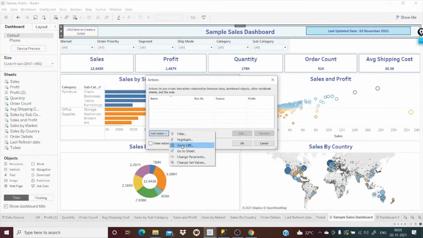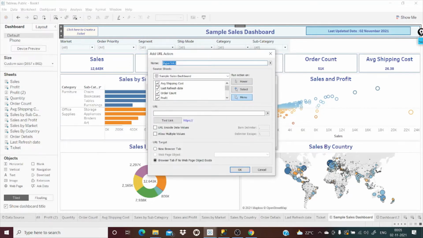Go to URL action. Just click on here. Not all this. Okay, it's the country. The moment the user clicks on this ticket, it should be redirected to www dot com. Select. If you want, you can test it, but it works fine. So you can just give it, get redirect.